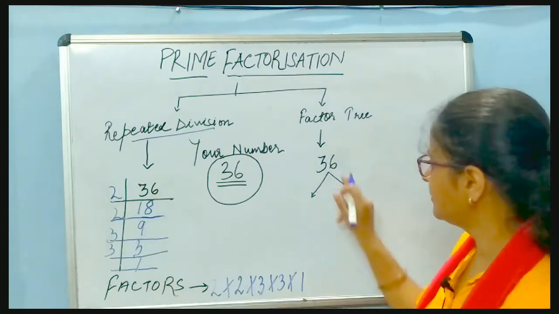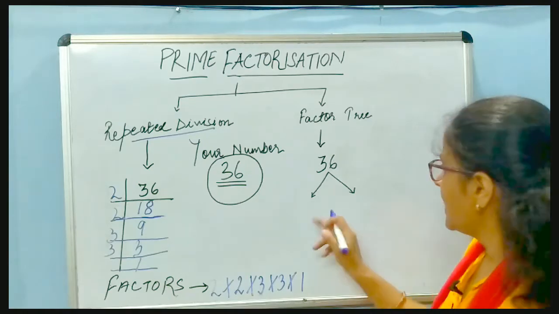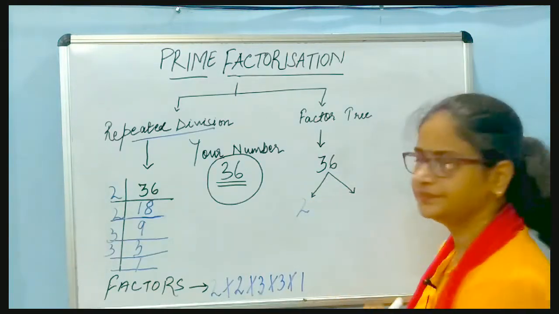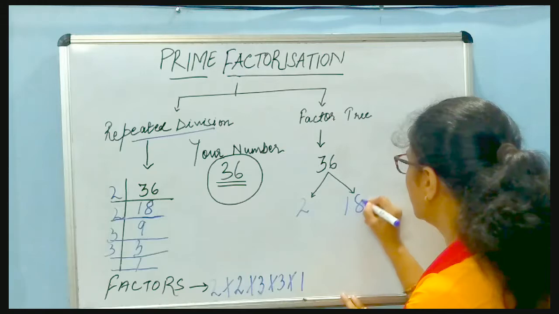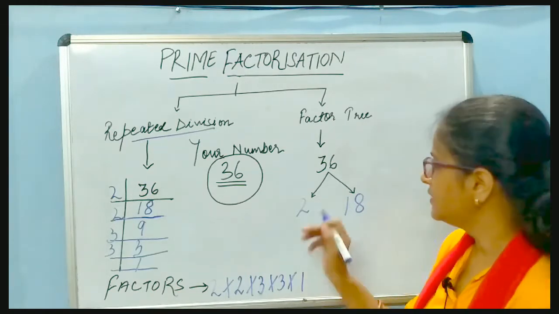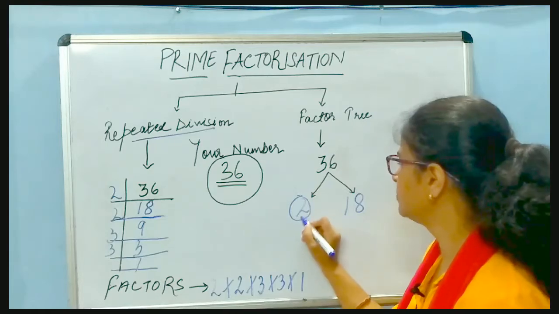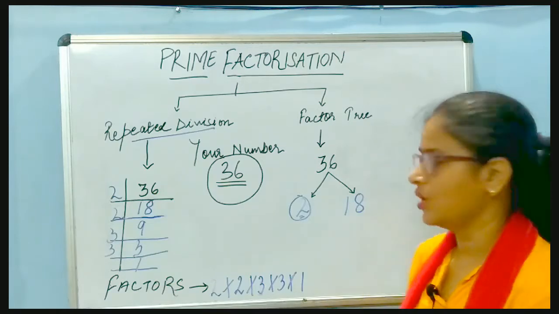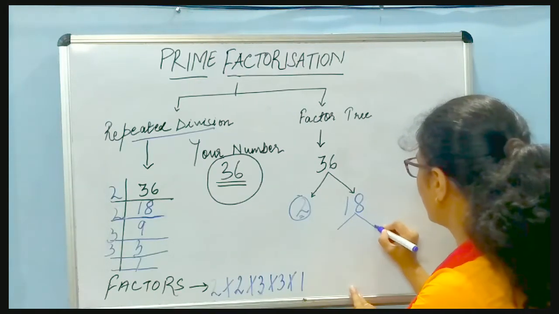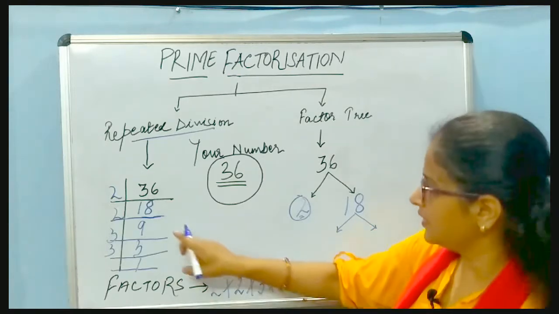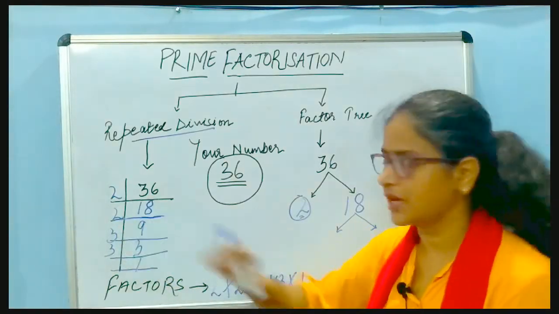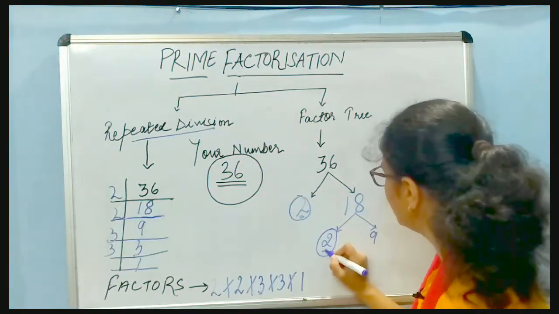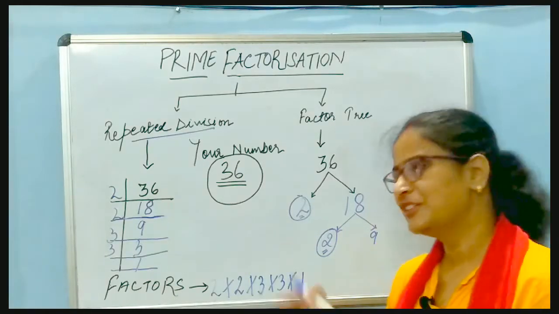It is 36. We put 2 arrows here, and 36 is divisible by 2, as you can see here. So you write down 2 here. 18 twos are 36. Now you can see 2 is a prime number, so we cannot do anything more with this number. You just leave it here. 18 is further divisible, so for 18 we again put 2 arrows like this. Here you can see 9 twos are 18. So here 2 and here 9. Now again 2 is of no use for us, so leave it here.